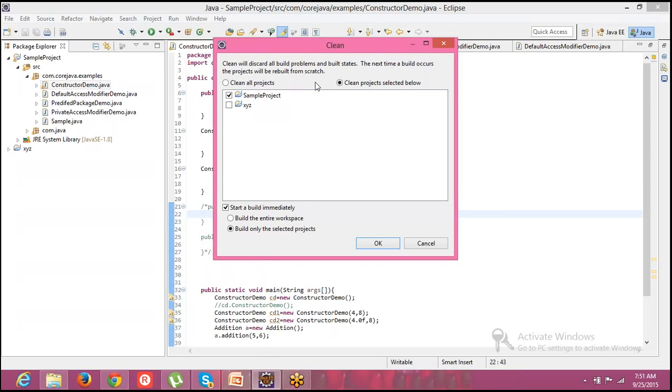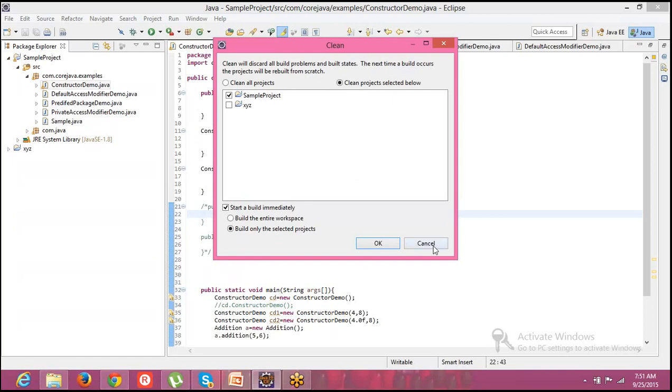So what it is saying is, what this clean and build does exactly is, like earlier we have seen a problem where you have code and that is not being recognized by Eclipse. That means Eclipse is not in sync with our code. So if that is the case, you have to do this clean build manually. If you want to do that, then you have to choose this option.